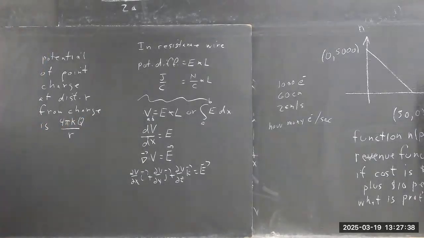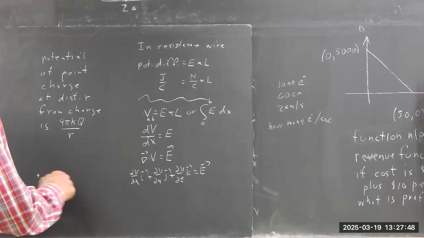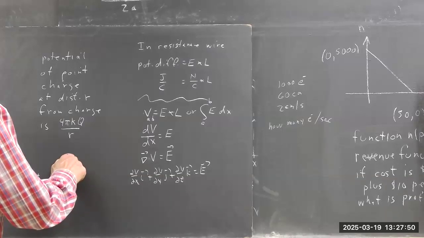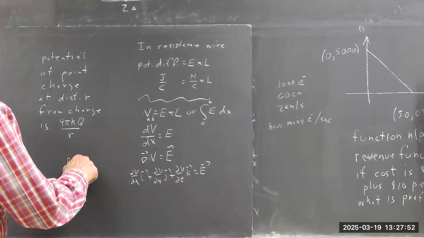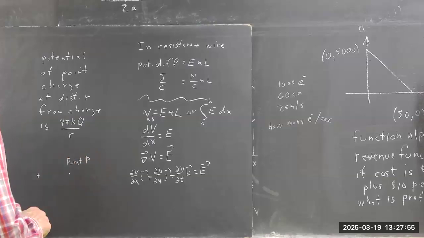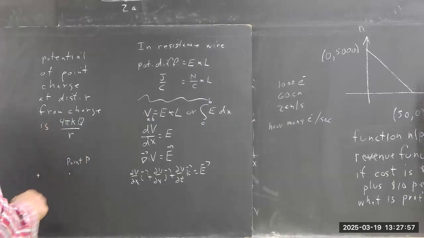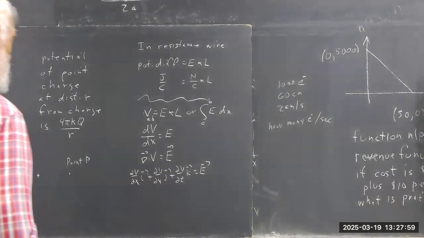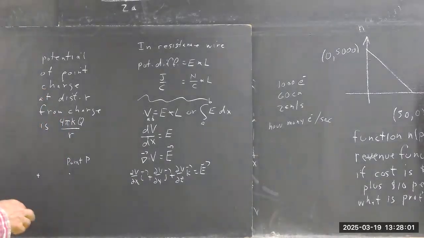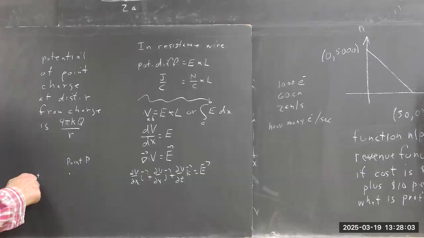Is it 4 pi k q over r, or is it negative 4 pi k q over r? Type P here. Then what is the potential? Now, the potential of a point charge